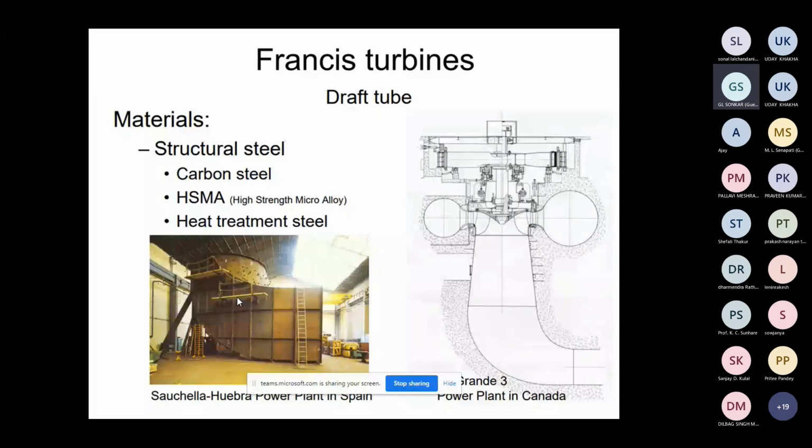So even if you have better efficiency also, by using the draft tube, what happens? The water coming out from the turbine at below atmospheric pressure cannot be released until it is at atmospheric pressure. So what we are doing is widening the end of the draft tube, so that the velocity goes down and the pressure goes up, and the water will be easily released to the downstream. Otherwise the water coming out of the turbine will not be released easily. Again, it will create vibrations.